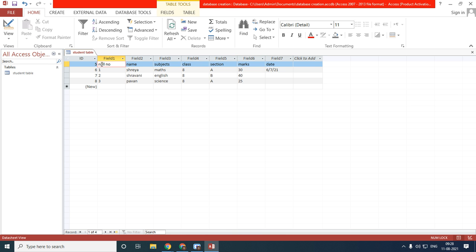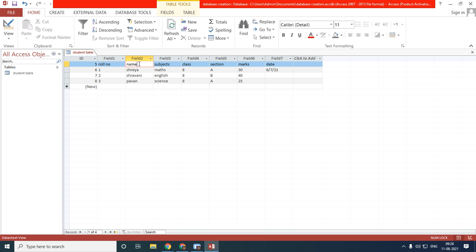Okay, so now for roll number, they have two data types for field size. One is in the form of text, and one more is in the form of number. So roll number is in the form of number. So the field size is number for number data types, and for text it is text data types.